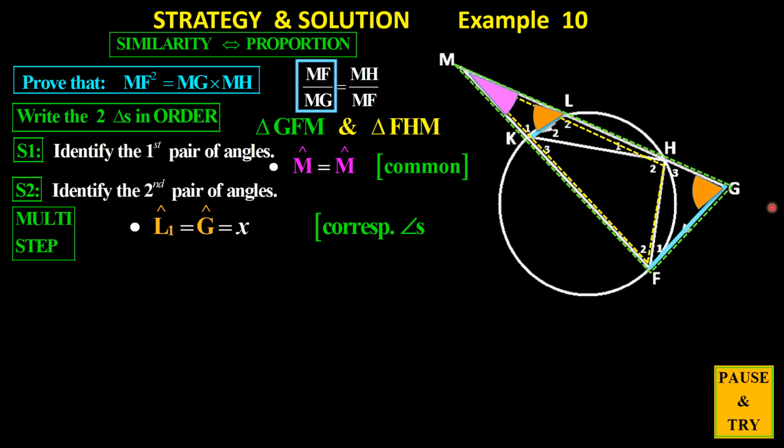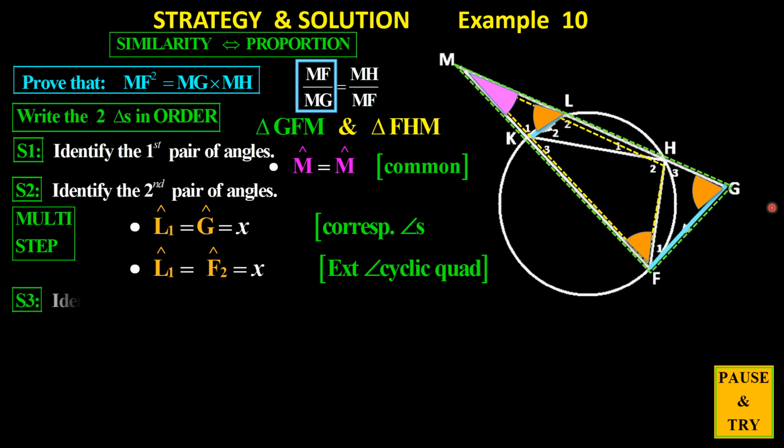We have a cyclic quad, and L1 is the exterior angle of that cyclic quad. So L1 is equal to F2, and that's the exterior angle of the cyclic quad. There we got our two pairs. Now we just have to get our missing pair there. We can see here, the missing pair would be MF with H and MH with